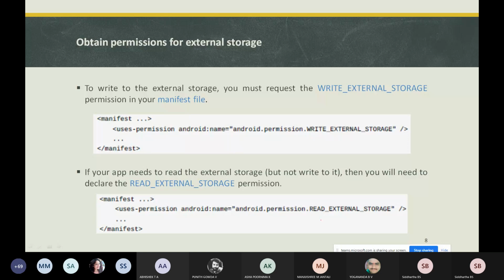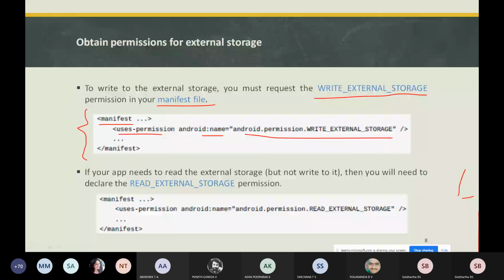You need to have a request permission, that is WRITE_EXTERNAL_STORAGE, where you are going to specify this permission. You need to specify this permission in the manifest file. As you see here, within the manifest there is a manifest element, uses-permission. In the name attribute you are going to specify the permission when you want to write to the external storage.